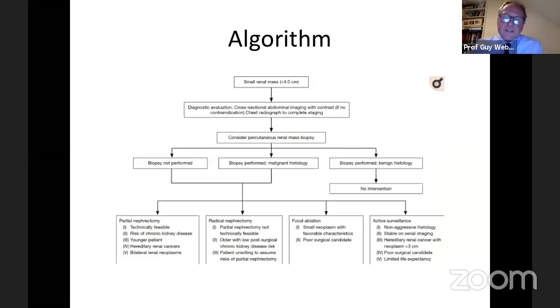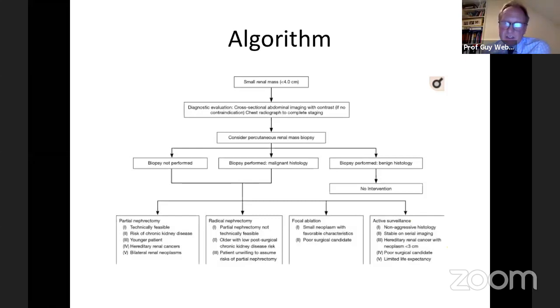a small renal mass, have a diagnostic evaluation, consider a biopsy, and if the biopsy is performed and it's histologically benign, no further intervention is required. Now, we can discuss that later. You know, there's benign and there's less benign, which is an increasing topic for discussion in renal cancer. If the biopsy is not performed, or the biopsy is performed and the histology is malignant, then we've got the